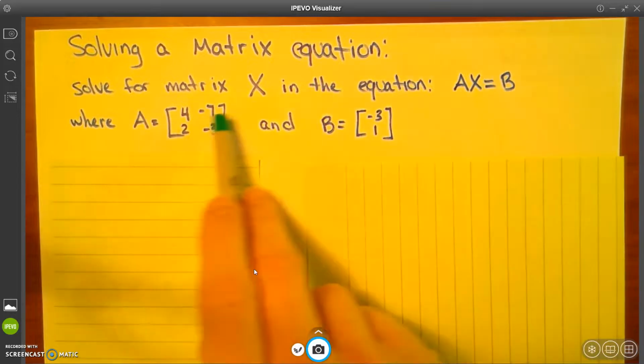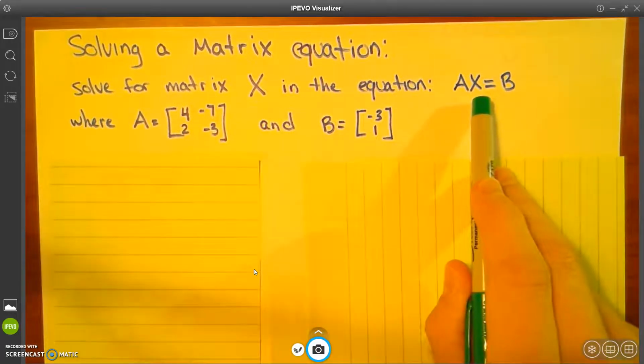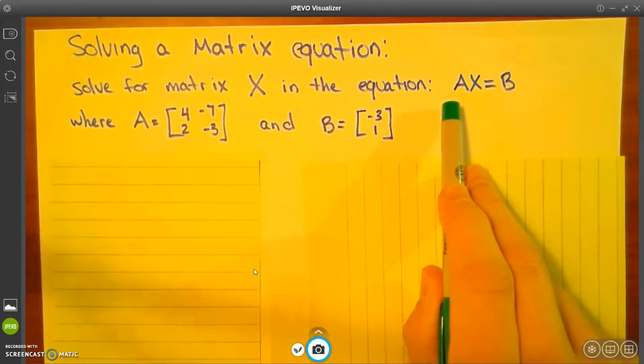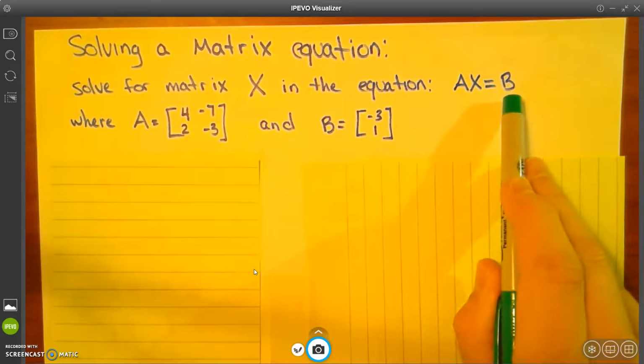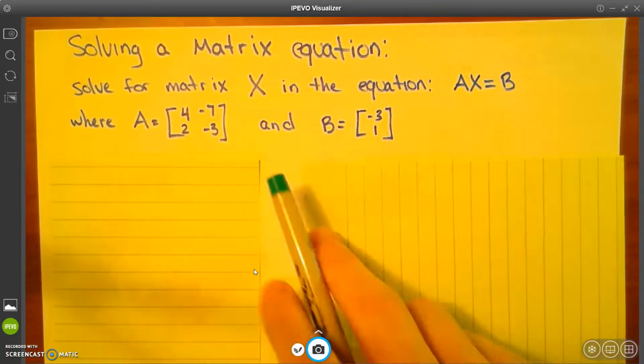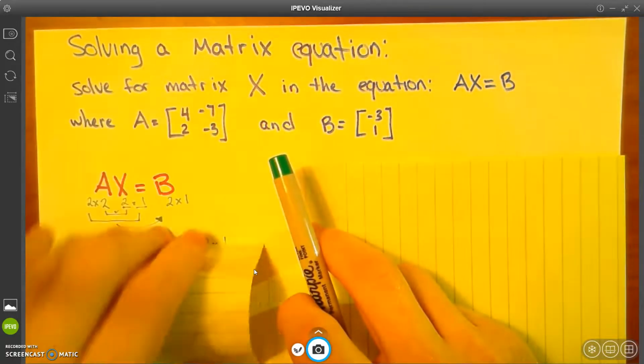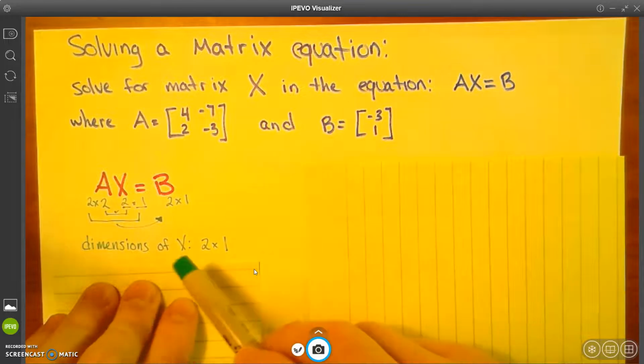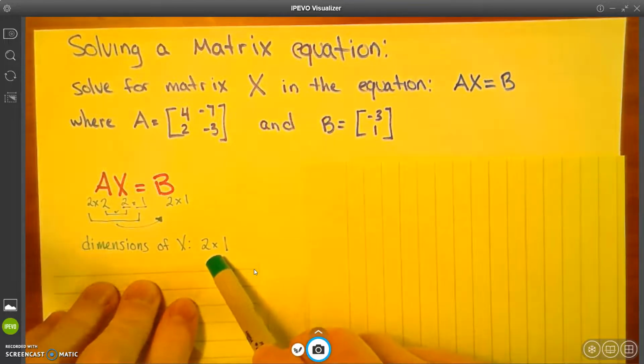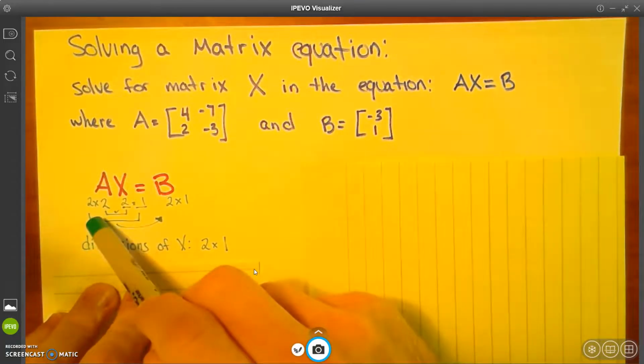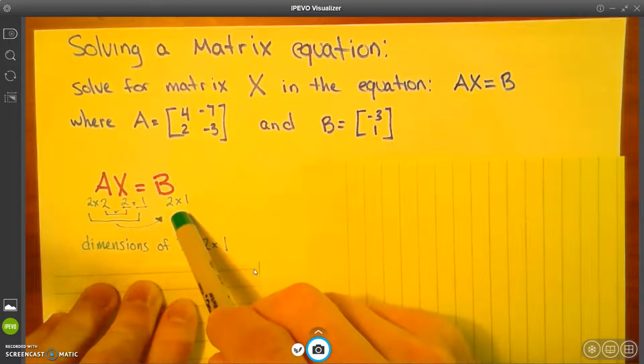So the question is, we're going to solve for X in this matrix equation, and we're given A and B as two other matrices. As a quick thing you want to consider, you don't have to do this, but it's a little bit of reasoning. If A is a 2 by 2 and B is a 2 by 1,